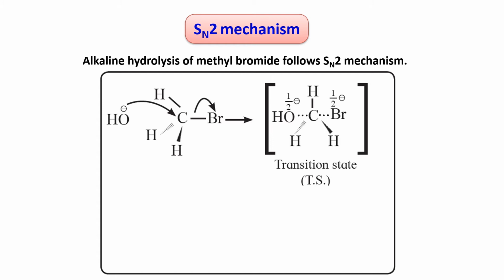This state of the reaction is called transition state. In the transition state, the negative charge is shared by both the nucleophile OH- and the outgoing leaving group bromine. The three hydrogen atoms and the carbon lie in one plane, making bond angles of 120 degrees with each other. The OH-C-Br bond is linear and perpendicular to the plane of three hydrogen atoms. Slowly, the C-OH bond forms completely and at the same time, C-Br bond breaks completely and the reaction is complete.